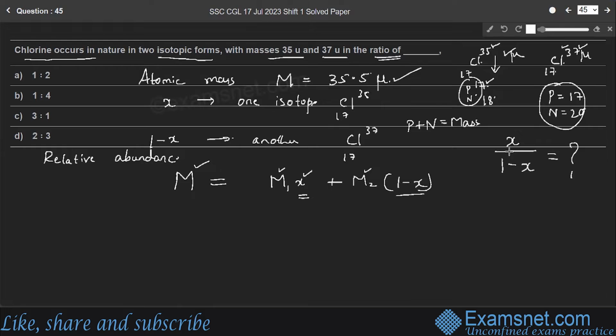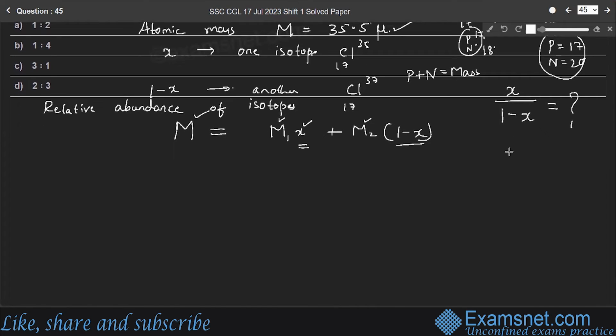Relative abundance of isotopes is nothing but the ratio of their isotopes that we need to calculate. The meaning of the question is, chlorine occurs in nature in two isotopic forms with different masses in the ratio of... So the relative abundance of these two isotopes is in the ratio of... For that we need the value of X. So how to calculate X? Using this formula, M is equal to, here the atomic mass of chlorine or average atomic mass of chlorine is 35.5